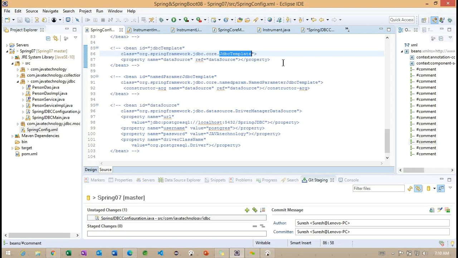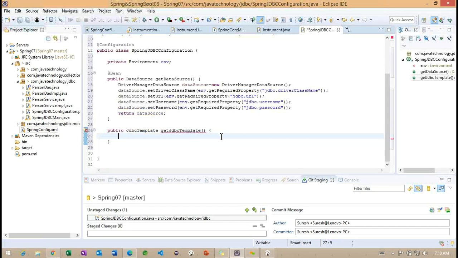If it is an interface, we have to specify the implementation class inside the class attribute. So JdbcTemplate is not an interface, it is a class.